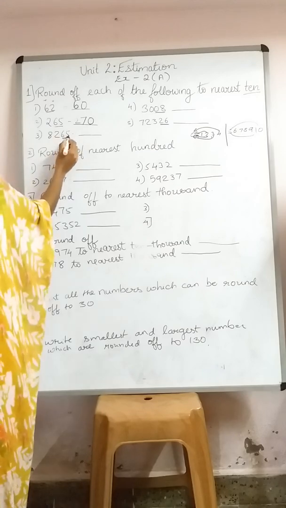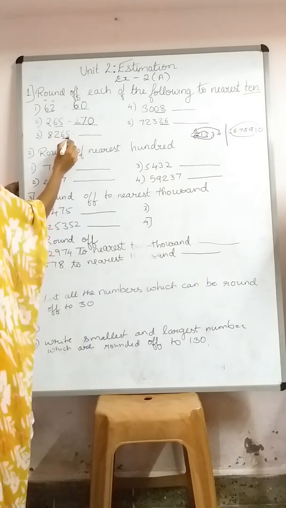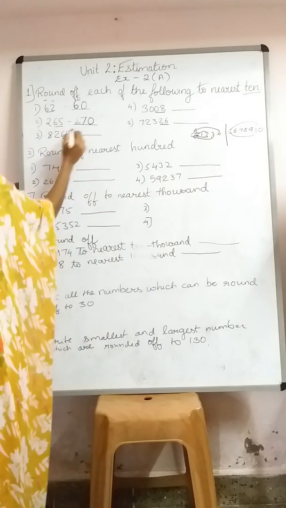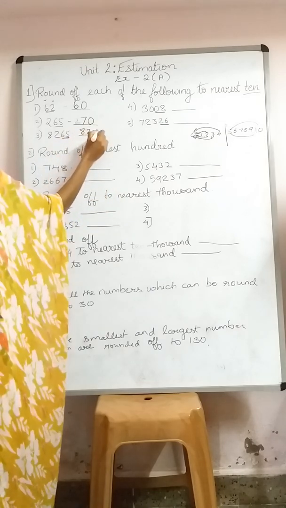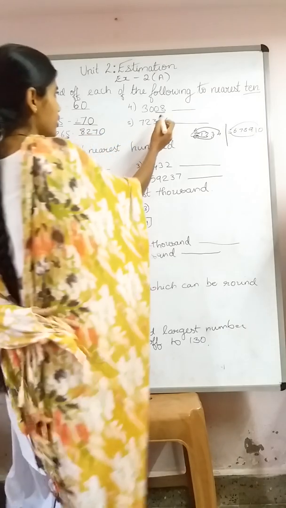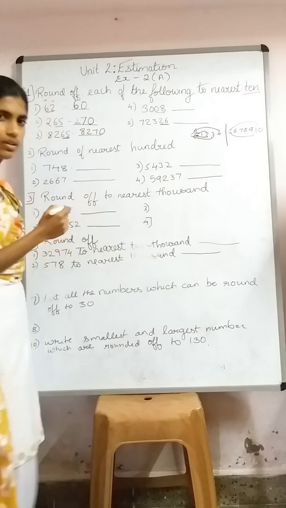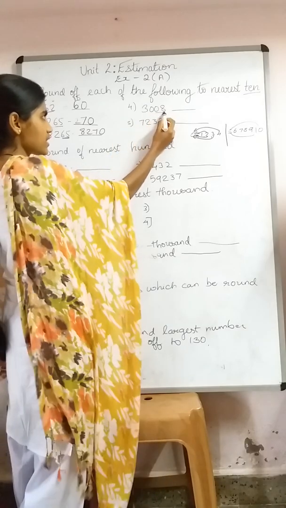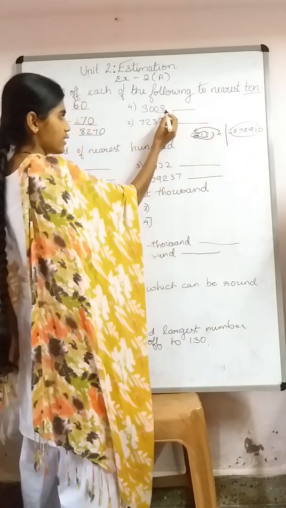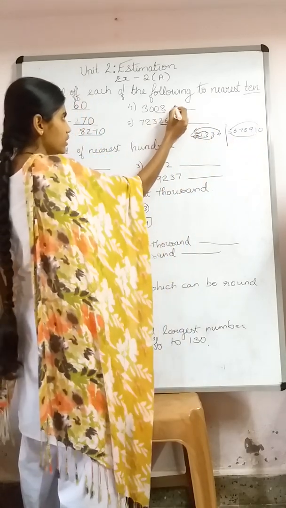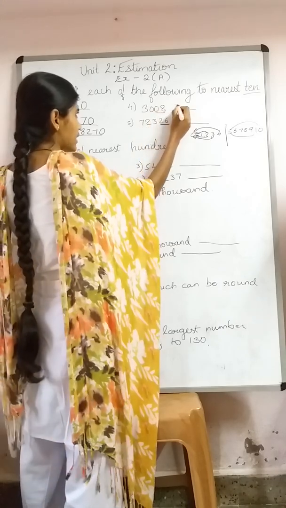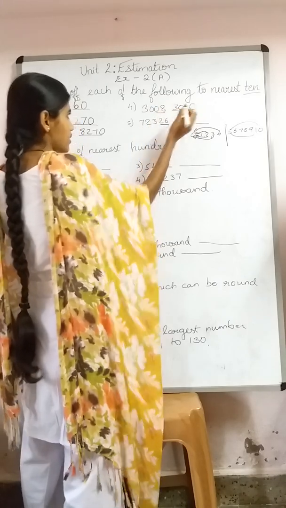Next, in the tens place, what is here? In the ones place we have 5. 5 is again more, yes or no? Nearest to 10, so our answer will be 270. Next, you see here the ones place is 8, and 8 is nearest to 10. So now what should we do? Add 1 here and keep 0 here. So we can write 3010.